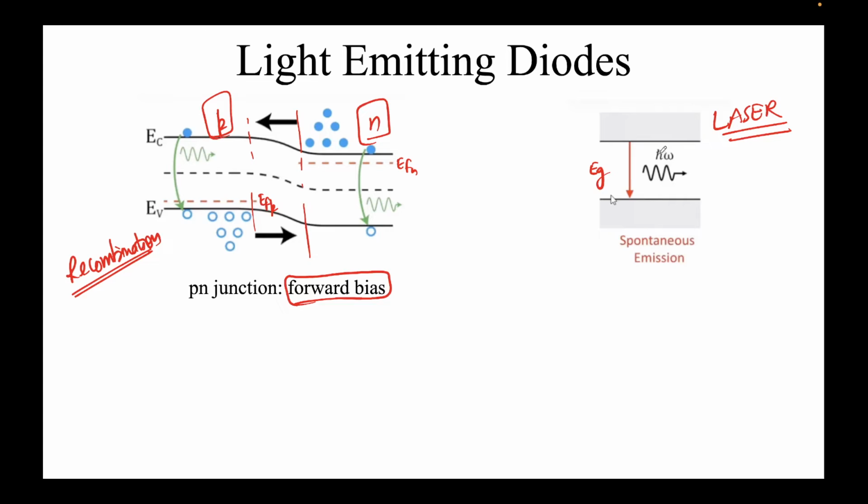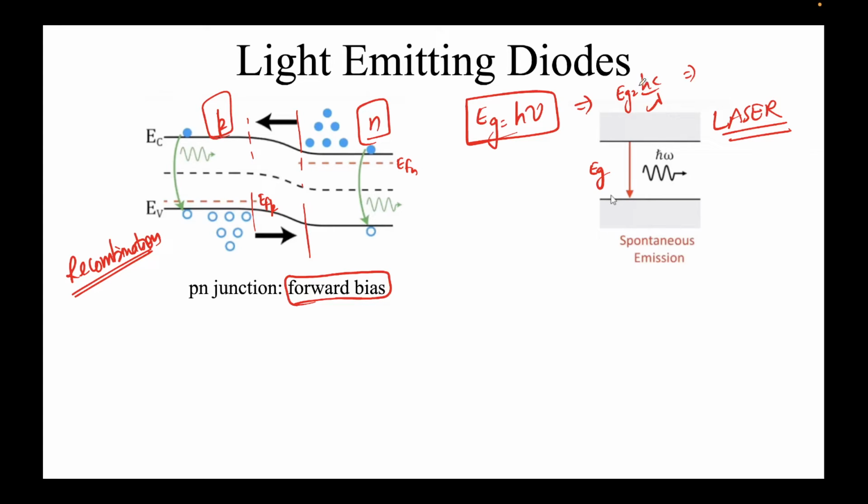H cut omega, or also the energy of the photon will be exactly equal to h nu, where nu is the frequency of the photon which is being emitted. Or you can also, this formula by the way has another form: Eg equal to hc upon lambda. C is the velocity of light, lambda is the wavelength,